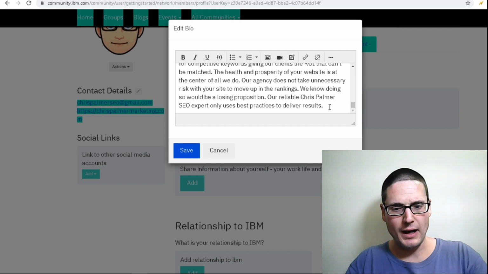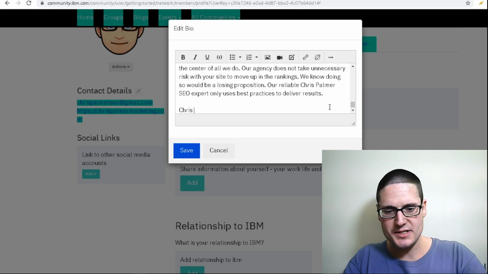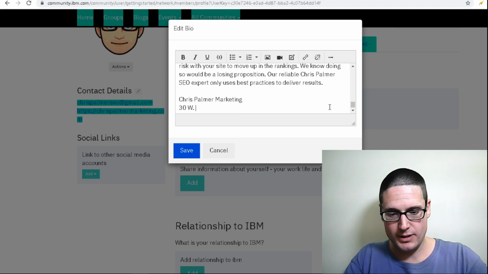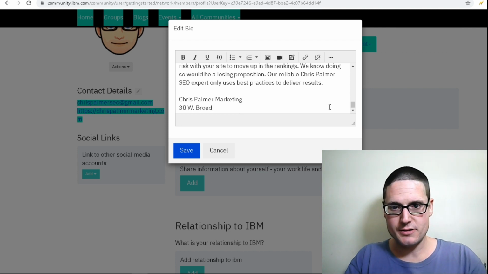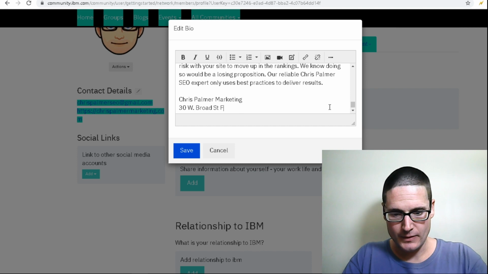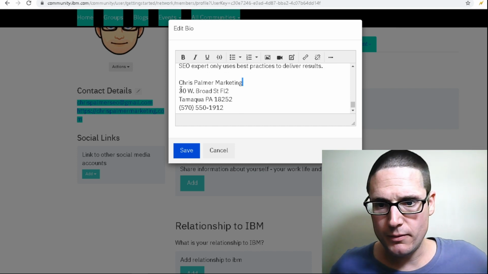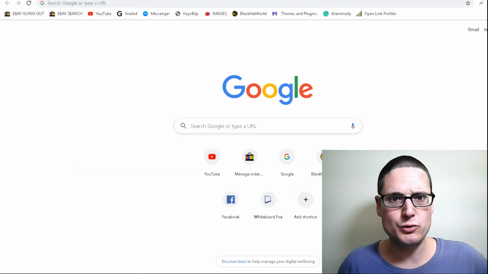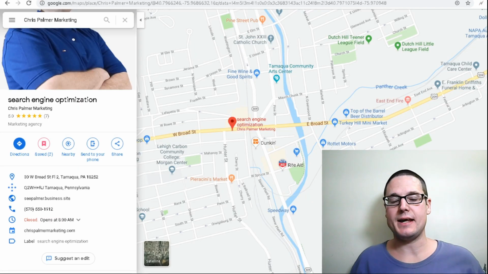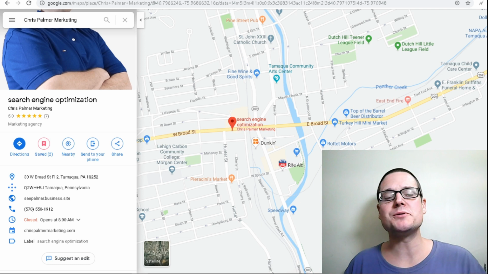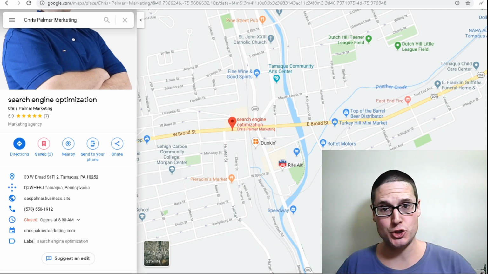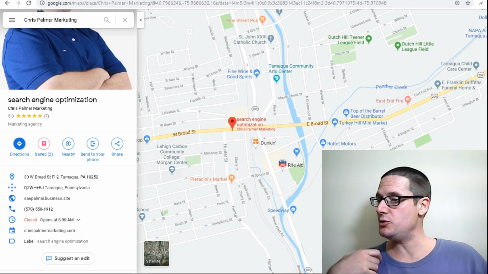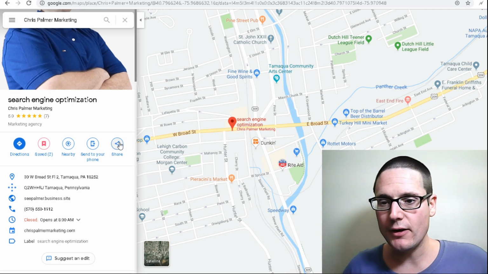Now, down the bottom, what I would create is a citation of sorts, okay? So I would fill out my address. We have my name. So what I would do is I would head on out to my GMB listing, and as you know, Google absolutely adores itself, as it should. So what I would do, or maybe propose as just an added benefit, go over here and grab your share